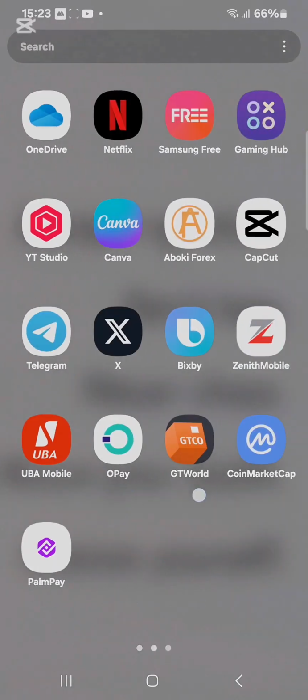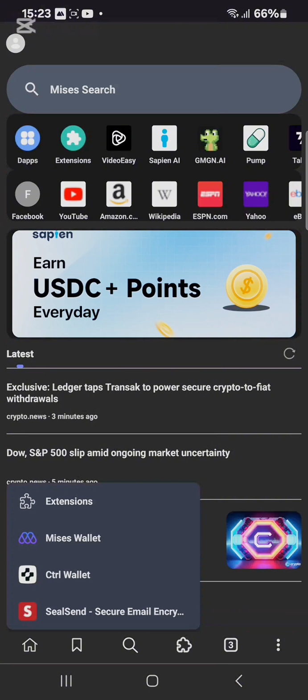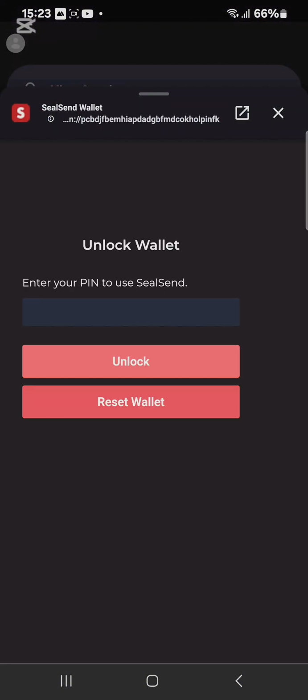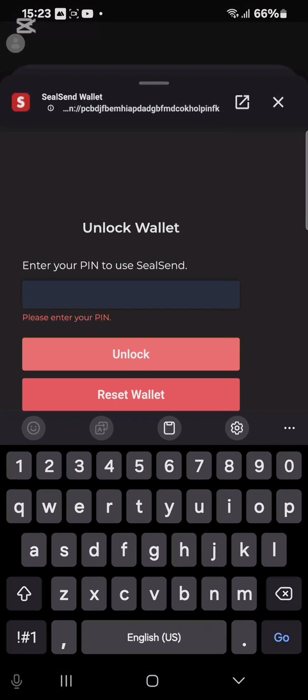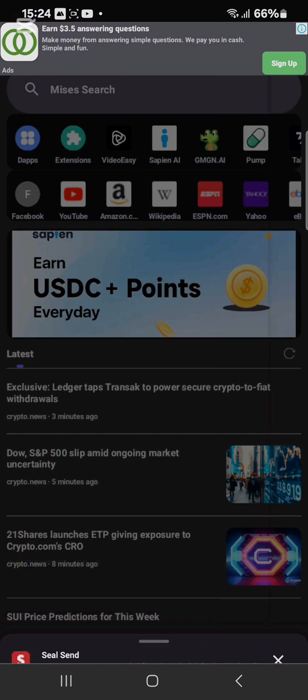So this is what you are going to do. Come to your browser here and click on extension. This is my extension. I'm going to hit on Sealsend and unlock it with my pin. Once I unlock it, you are going to see wallet address uninitialized. If you click on show more,